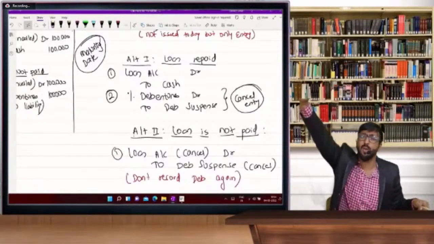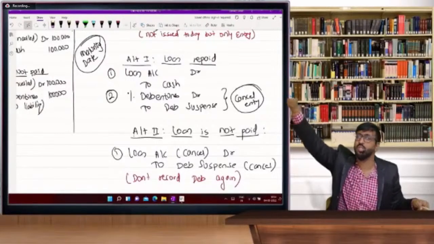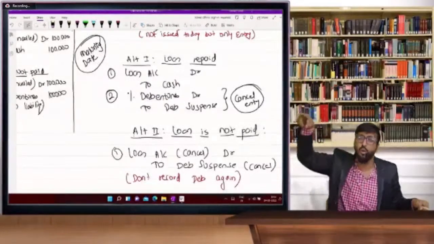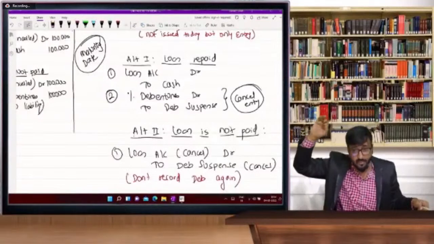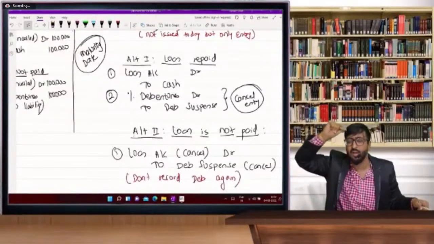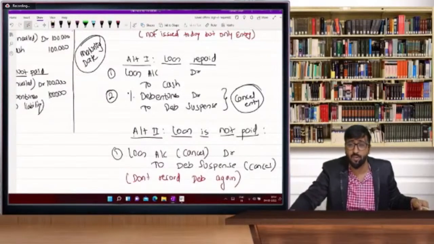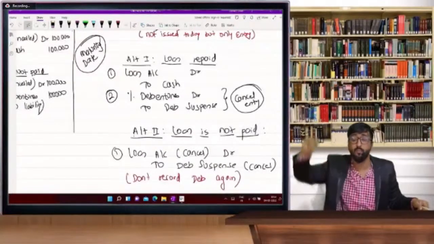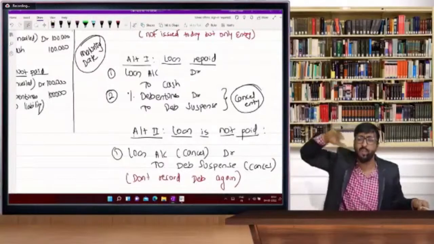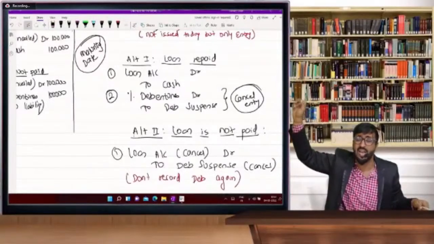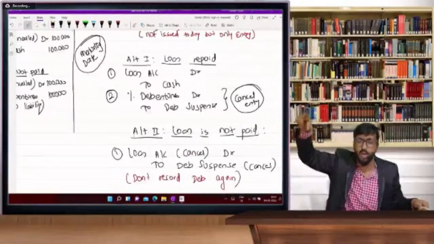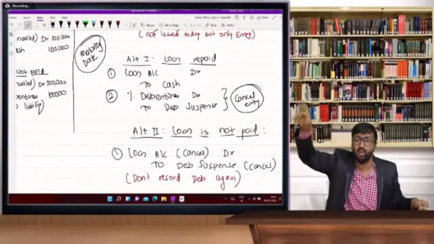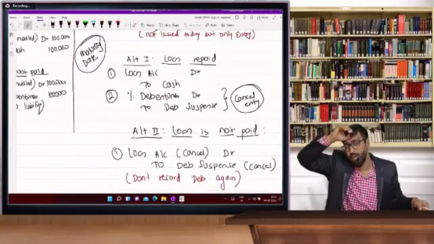First, the reissue part: reissue and cancel. On cancellation, shares forfeited has a credit balance, so give it a debit: shares forfeited account debit to capital reserve. The second one is reissue: bank account debit, shares forfeited account debit to equity share capital, to capital reserve. In case of a bank loan, option 1 is that you will not pass the debentures entry now. Bank account debit to bank loan, and on the maturity date, bank loan account debit to cash. And if not paid, bank loan account debit to debentures.